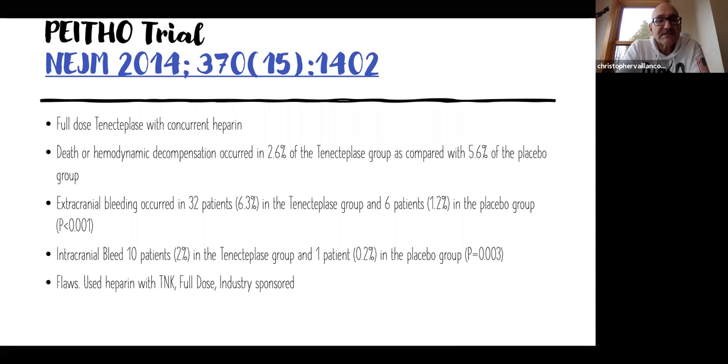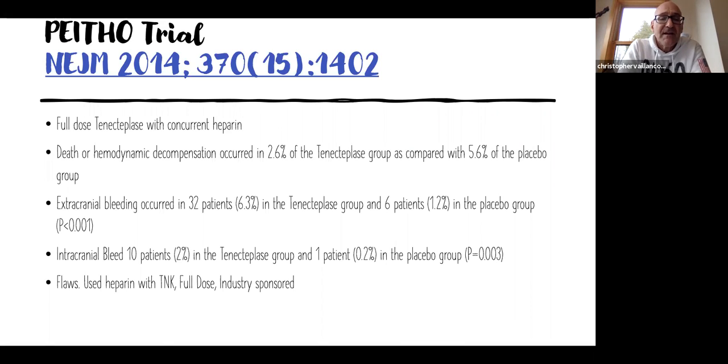So this was the biggest randomized controlled study looking at thrombolysis in intermediate risk pulmonary embolus. And these are intermediate high risk. So these are patients who have RV dysfunction and also have positive troponin, a significant positive troponin. And they randomized it to full dose TNK versus standard heparin. Why they chose to do full dose TNK, I think was probably a big problem with the study. It was a